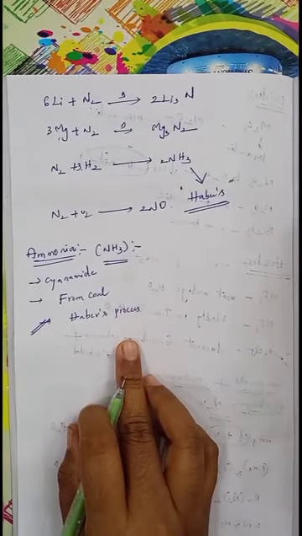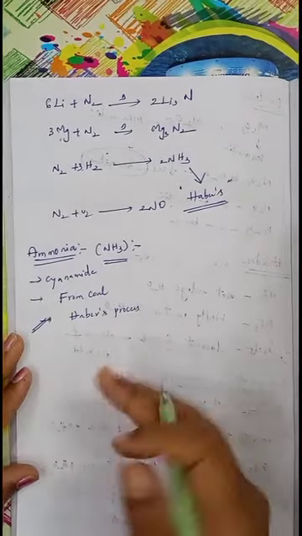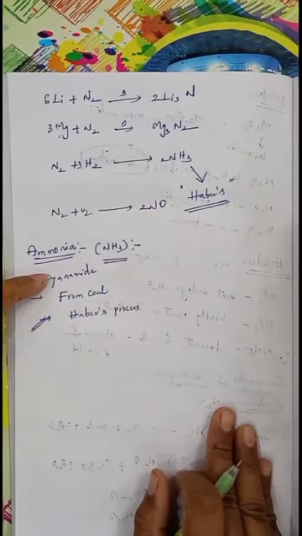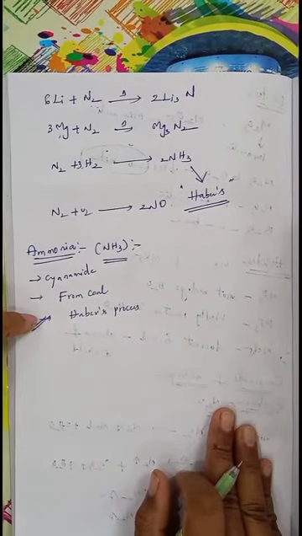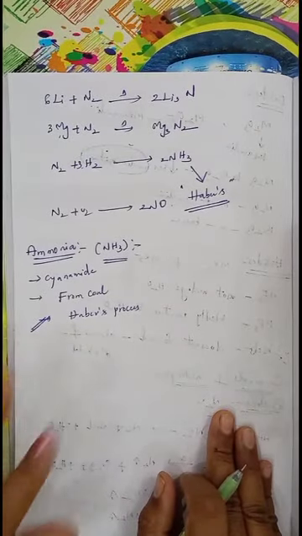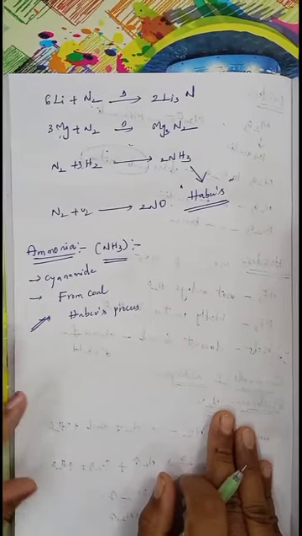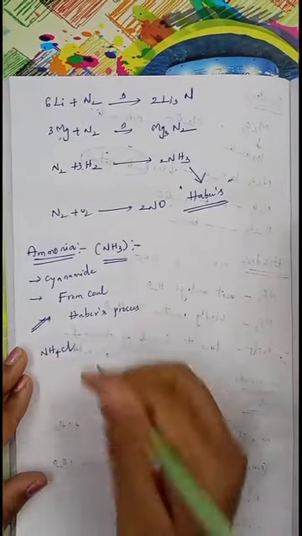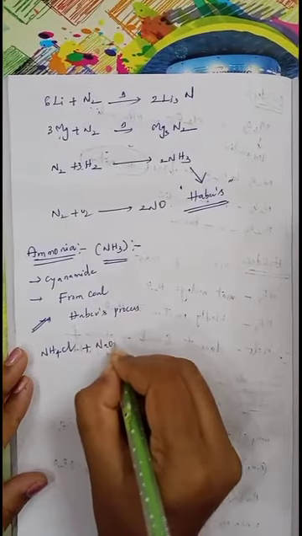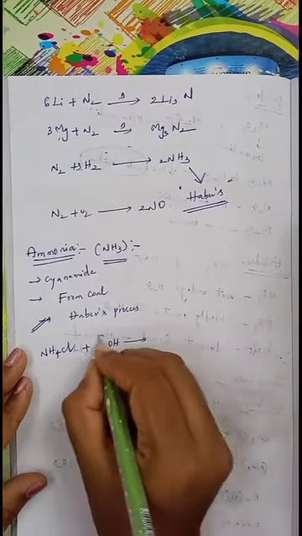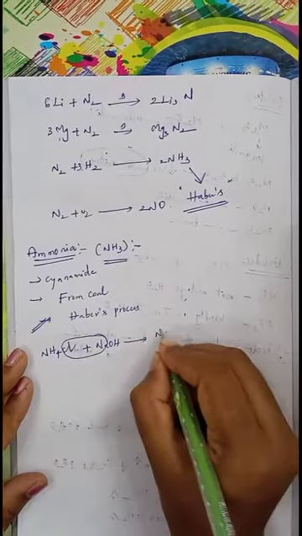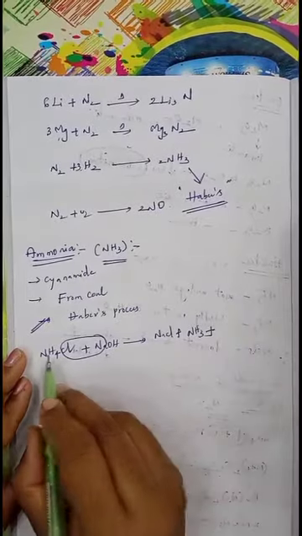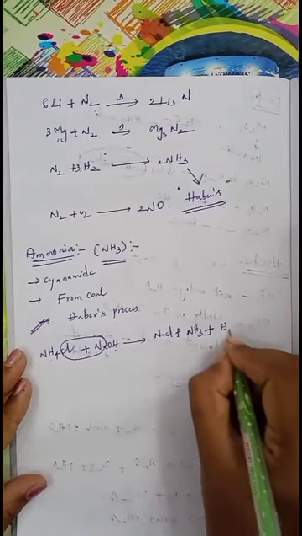Okay, so the same ammonia can also be prepared from salts of ammonia. These three are the industrial methods used to prepare ammonia: the cyanamide method, from coal, and Haber's process. Except these three, we can also prepare the same ammonia by taking its salt. Example, when ammonium chloride, a salt of ammonia, reacts with sodium hydroxide, it is converted into NaCl, and NH4 converts to NH3. Ammonia is released. One more hydrogen reacts with OH and is released in the form of H2O.